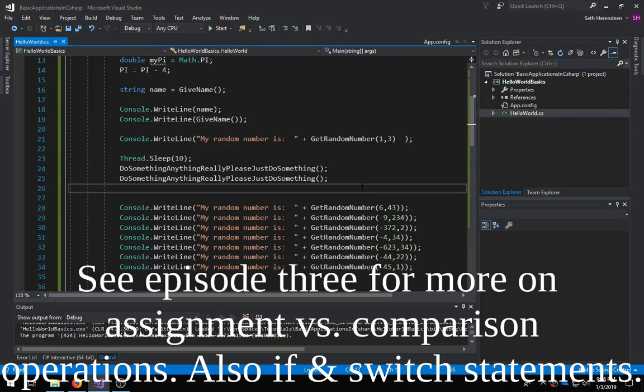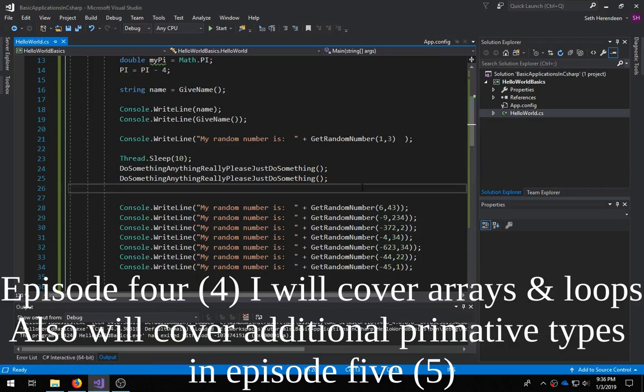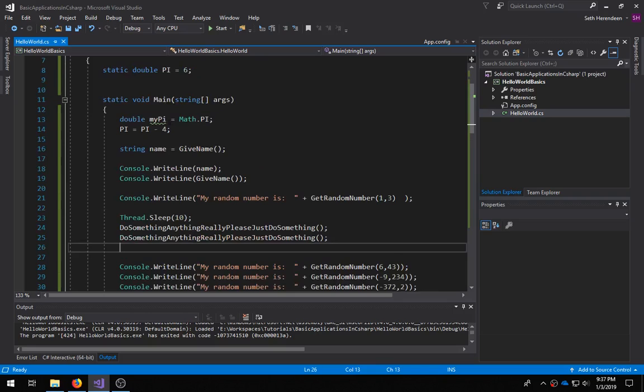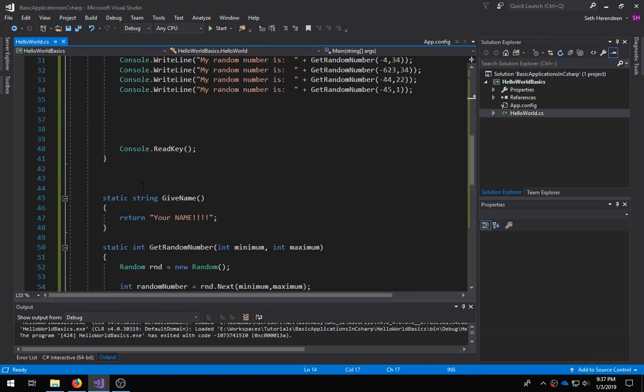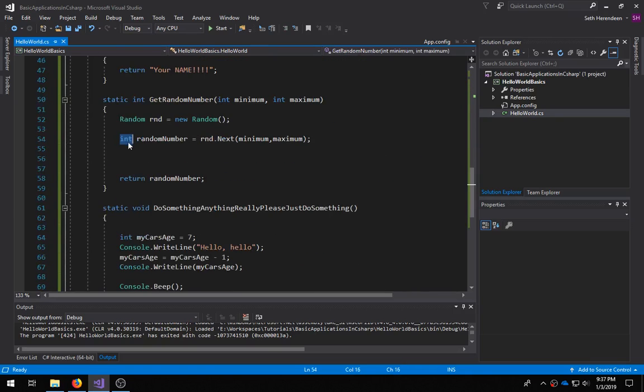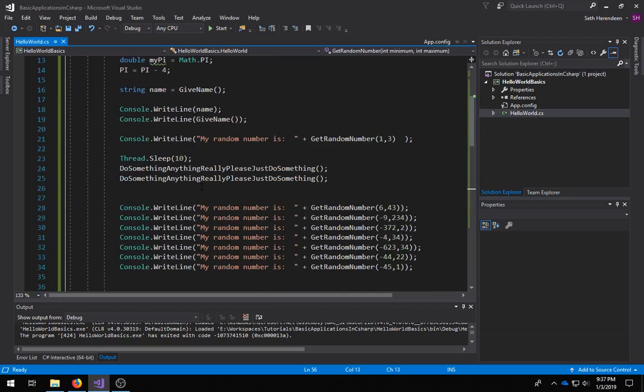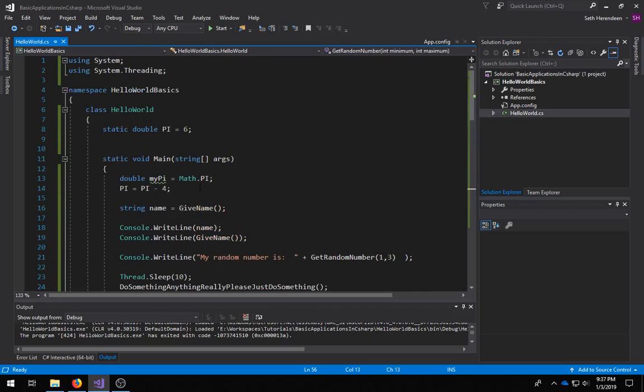This episode, we're going to cover specifically objects and the difference between objects and primitive data types. So what is a data type? Well, we covered data types already, and you didn't realize it. A double variable is a data type. String is a data type. Integer is a data type. They are the means by which you can define a variable by its type, or what kind of information goes